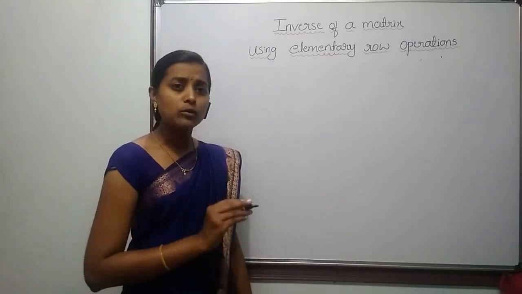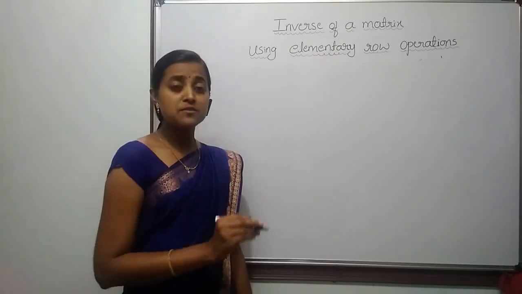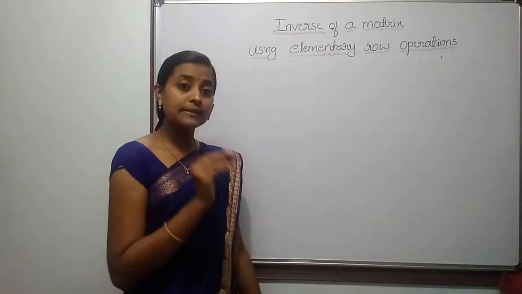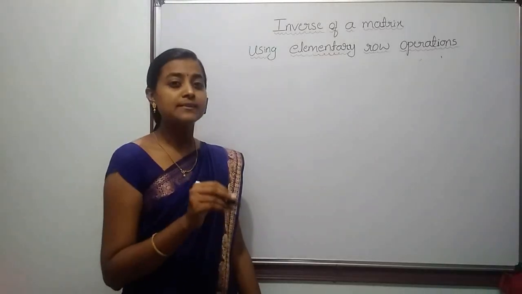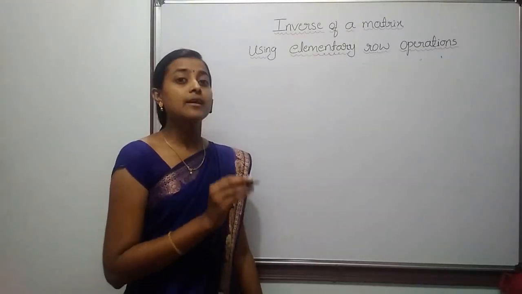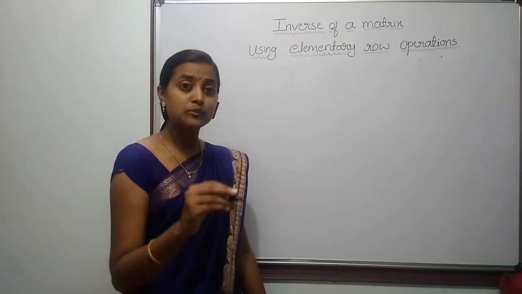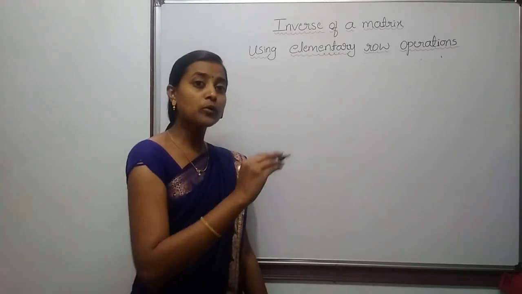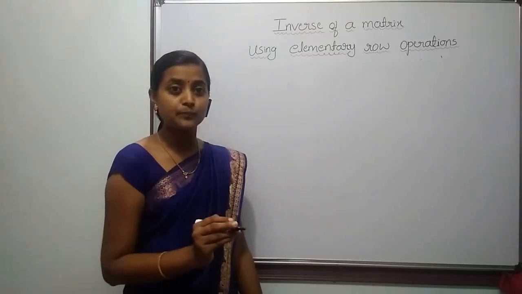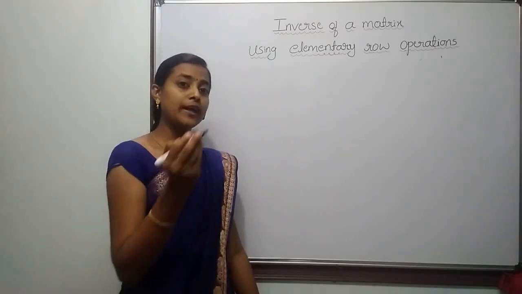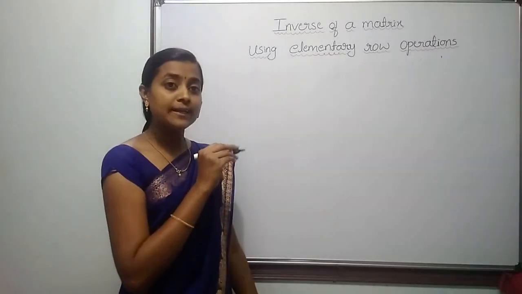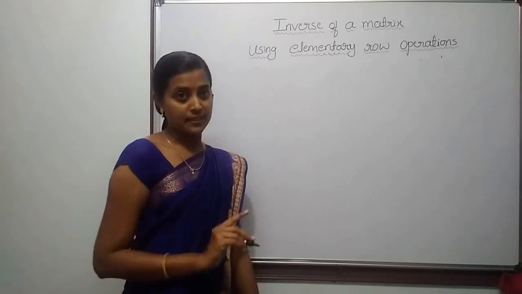You can also go for other tricks to reduce the matrix A into identity, but you have to be very careful that you get the exact inverse of the matrix, because there is a maximum possibility to get wrong results. And we know that the inverse of a matrix, if it exists, is always unique. We cannot have more than one inverse of any matrix, or two distinct inverses of a matrix. So to get the exact inverse, you can use the method which I explained. And that method is applicable to any matrix of order 2 with a non-zero first element.